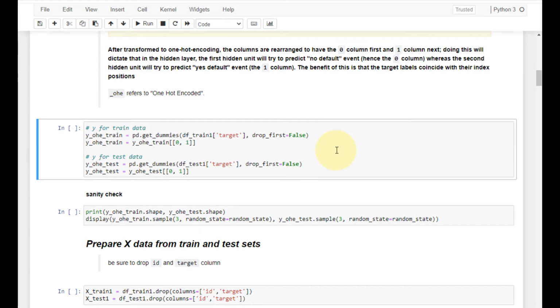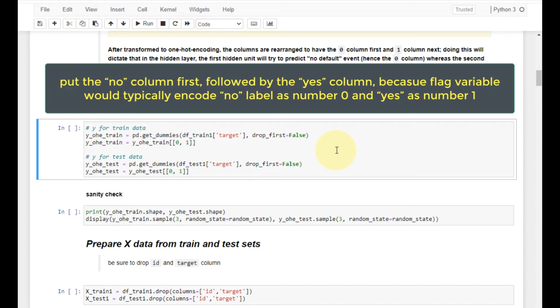In preparing Y data, it is critical to understand the best practices in terms of arranging the columns or labels in a one-hot encoded format. If the target variable is binary, then the rule of thumb is to arrange the smaller valued label first, followed by bigger valued labels. For instance, if the labels are no and yes, then arrange the no column first, followed